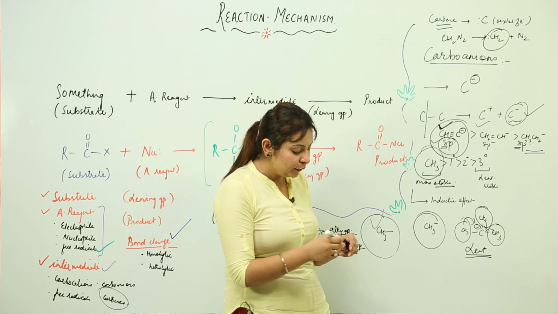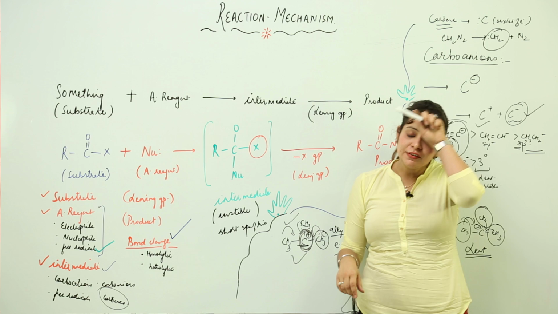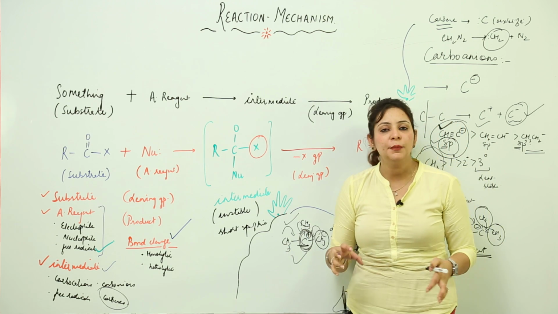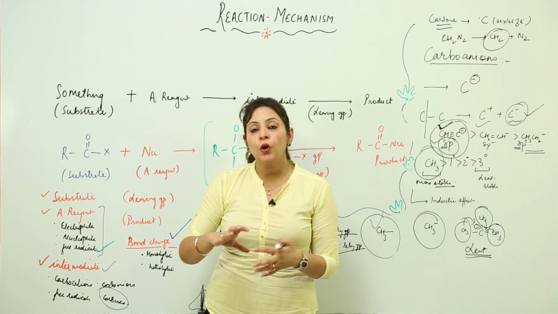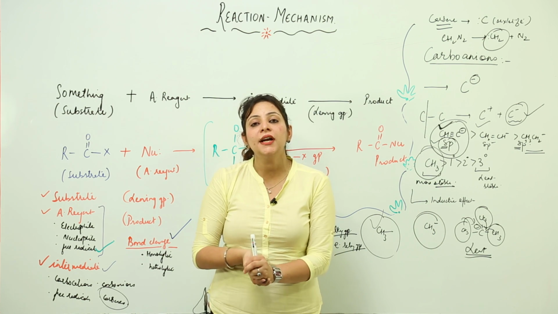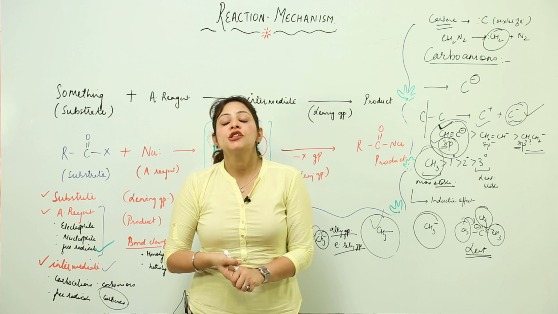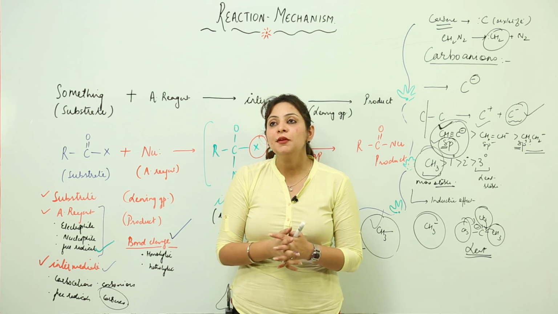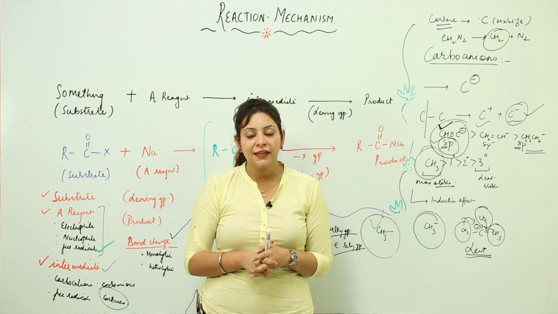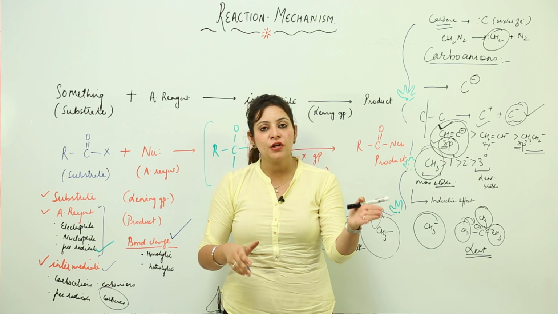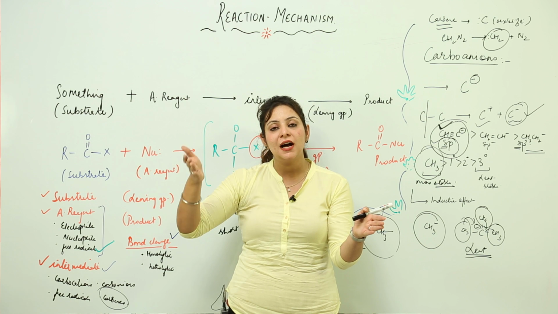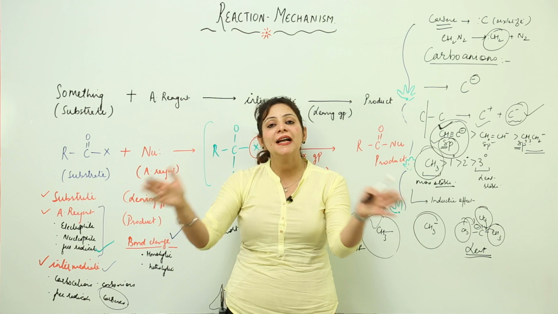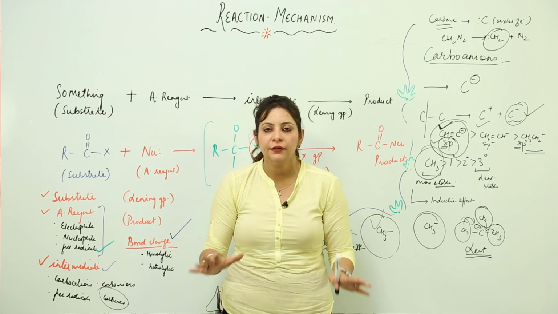Now one more thing I would like to discuss with you. We have done the carbocations, that is the carbon with the positive charge, and we have done the carbanions, carbon with the negative charge. Do you have any idea what kind of reactions they can undergo? If we talk of the carbocations, because they have the positive charge, they can be attacked by the nucleophiles. Nucleophiles are in search of positive charge, and the positive one is looking for the electrons. So they can club up, right?